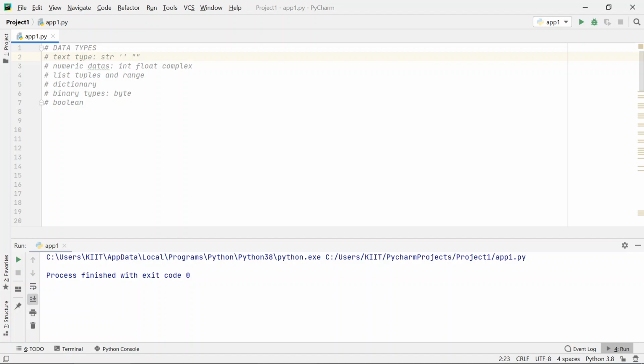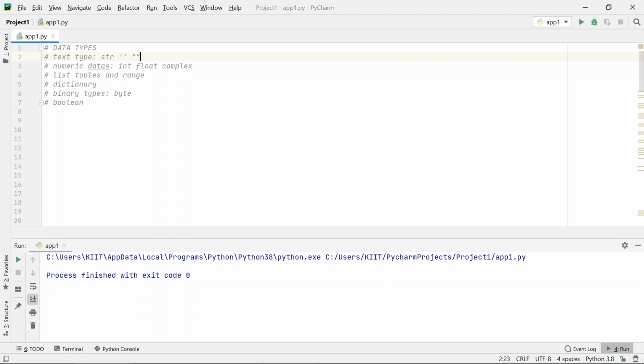But one thing we need to keep in mind while knowing about this complex data type is that the imaginary part of that complex number, like the part that is with the j part, should not necessarily be non-zero. Like it can also be a real number. Like for example, I use 1 plus 0j, then this will also be treated as a complex number.